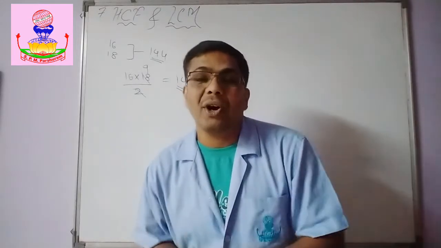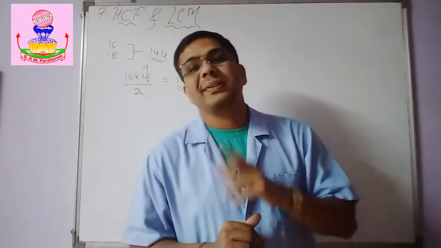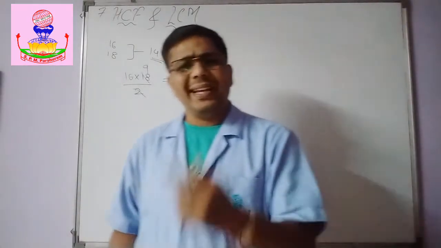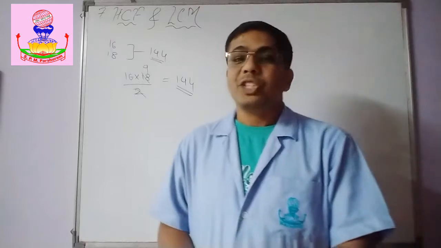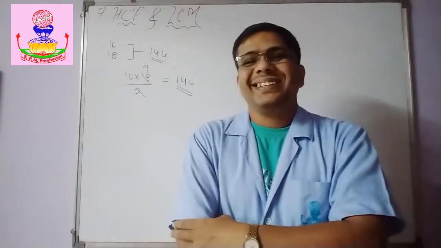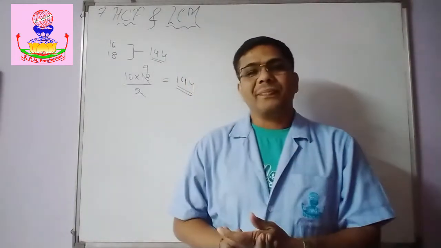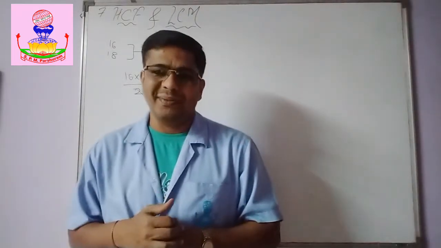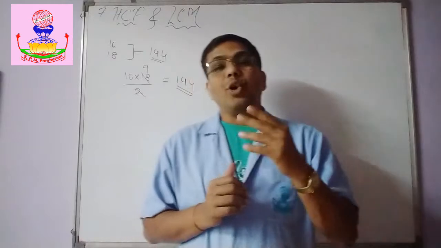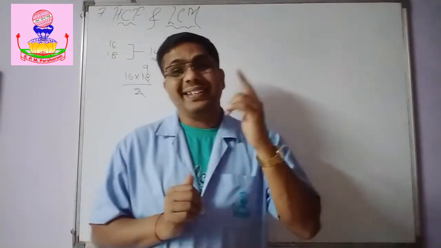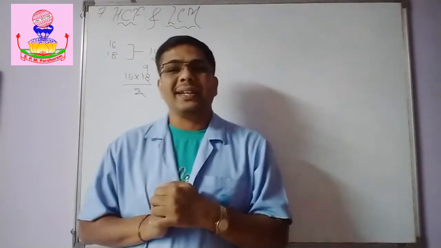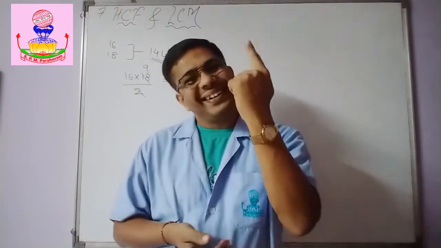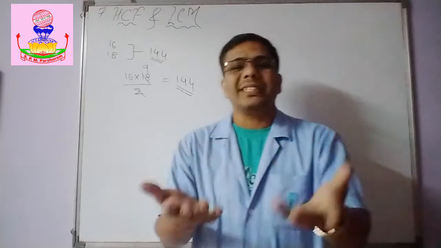And for two consecutive odd numbers, the LCM is always the product of them. For example, 3 and 5. What are the common factors? Except 1, there is no other common factor. So, the HCF is 1. And LCM, product of them. 3 5s are 15. 15 is the LCM of 3 and 5. You understand? Now, you know co-prime numbers. Yes, they have got only 1 as the common factor, right? So, if there are two co-prime numbers, then the HCF is 1 and the LCM is their product.